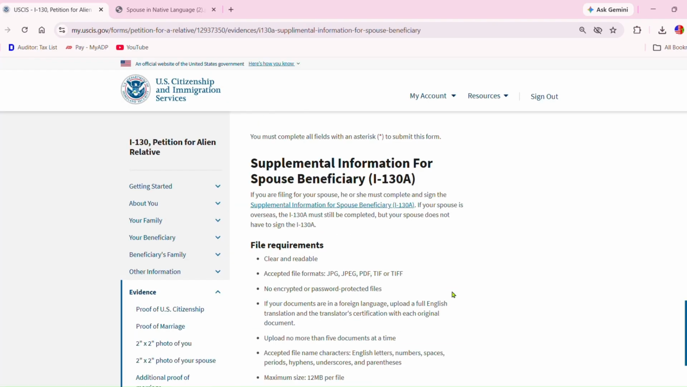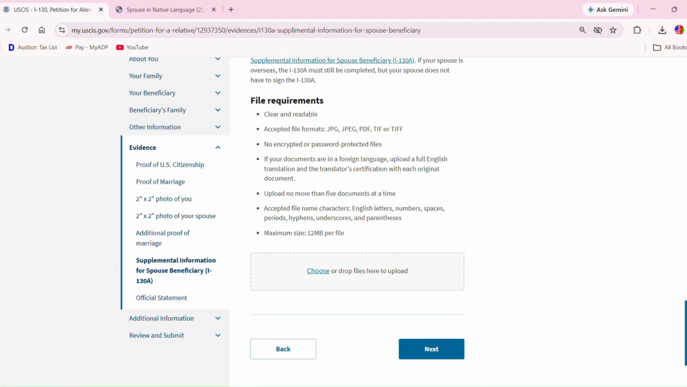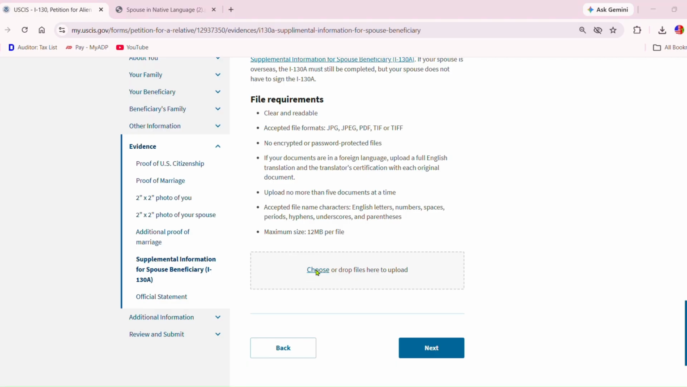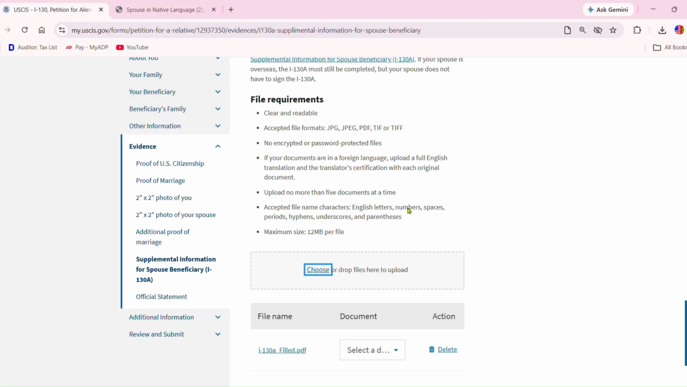Supplemental information for spouse beneficiary, I-130A. I already talked about that. It must be filled out and saved on your computer. If the beneficiary is inside the United States, she must sign it. If the spouse beneficiary is overseas, just fill it out and upload it. Let's do that. Choose a file, I-130A, and select the document type, which is form I-130A. Next,